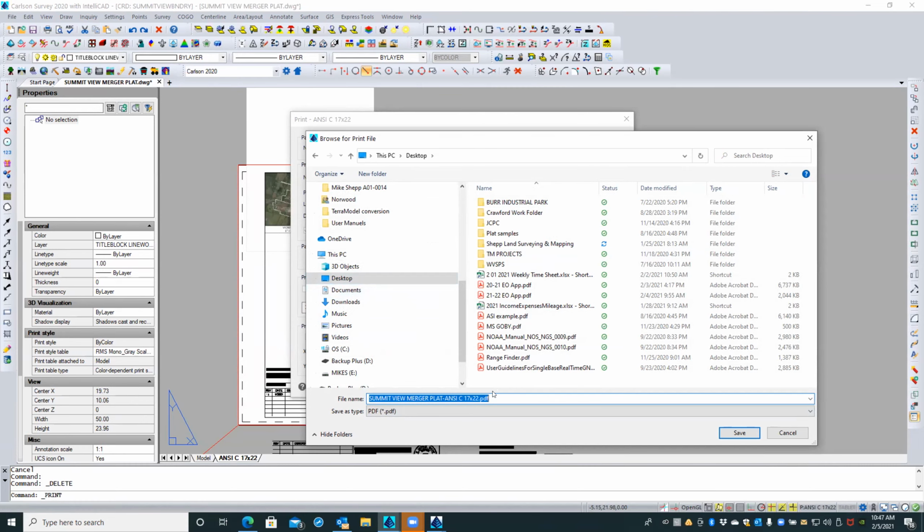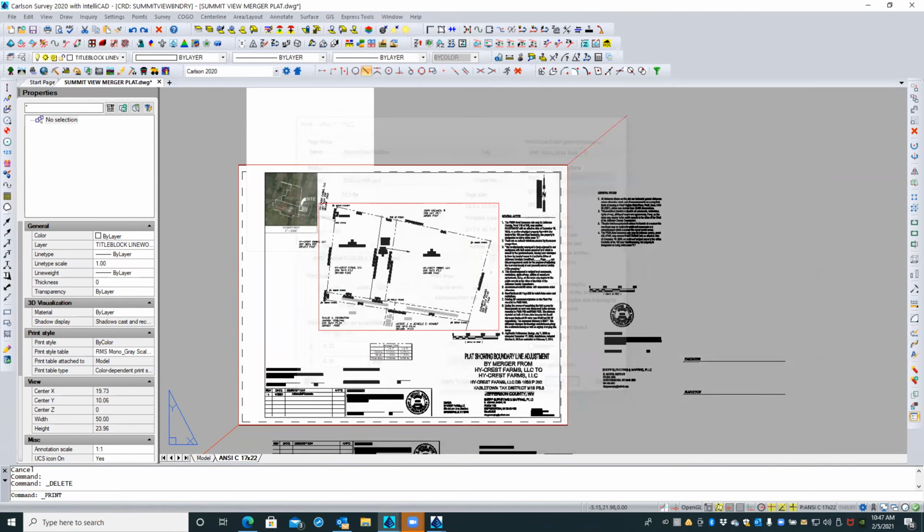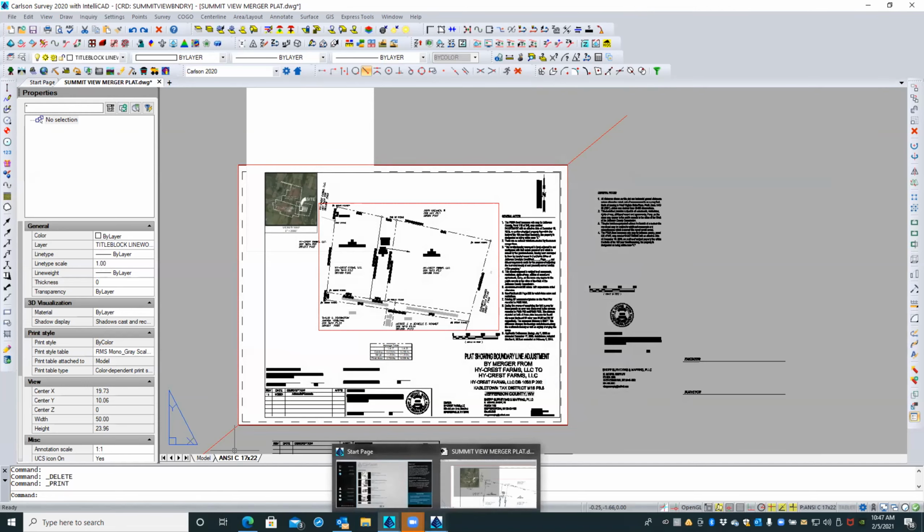Let's just call it 2020 test. And in 2021,